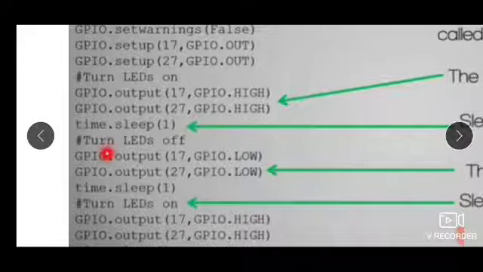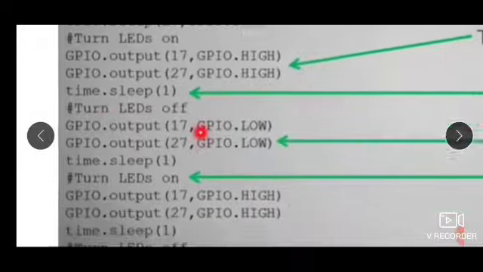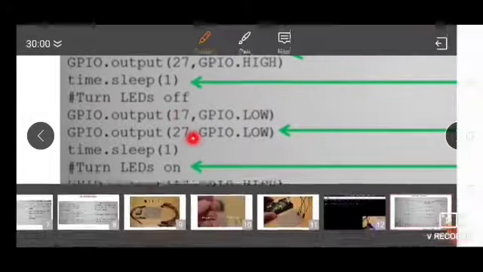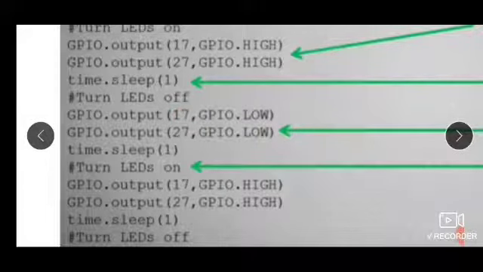After that the LEDs are turned off by giving the value low on pins 17 and 27, which will make the LEDs off. For how much time? Again for 1 second. Again it will be high. So high for 1 second, low for 1 second, again high for another second. Initially it will be low, then it becomes high, then low, and then high.